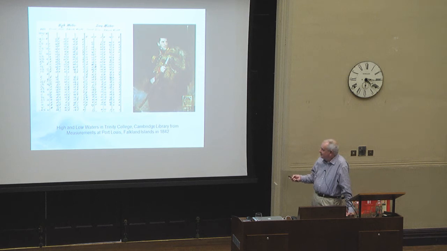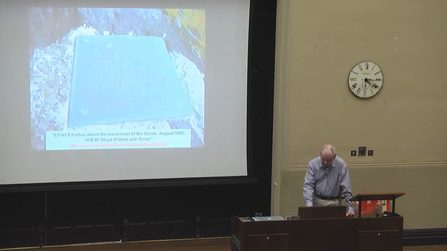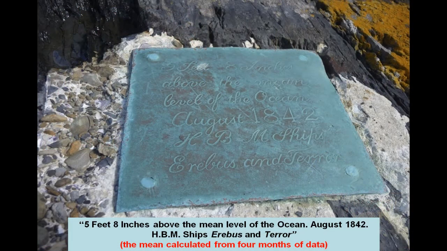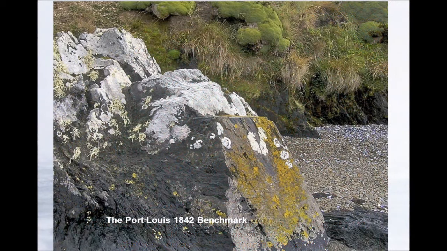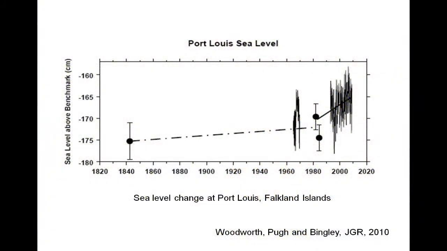So anyway, we have these high and low waters from Port Louis for 6 months. And Ross measured with respect to a very impressive benchmark that he set up, which has a brass plaque on it, like this, like so. So we know the sea level in 1842, actually. This is the benchmark. You couldn't miss that, a very impressive benchmark. And, okay, so you know the sea level in 1842, you have modern measurements, and from that you can infer